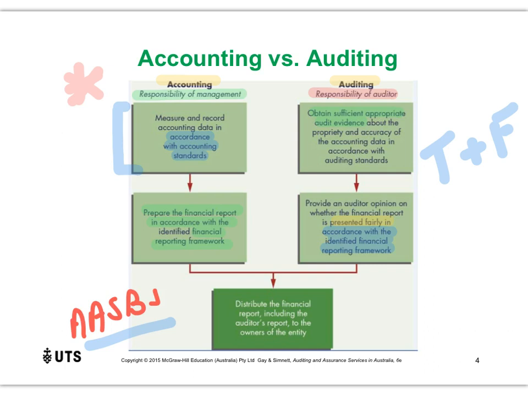So really, if you want to summarize the situation, management is responsible for preparing the accounting information and preparing the financial report. We as the auditor are responsible for coming in and checking that information. We do that by collecting evidence and checking that evidence against the criteria, the accounting standards, to determine if that information is a true and fair reflection of the business. Okay, so our job is to check whether management has told the truth or not.